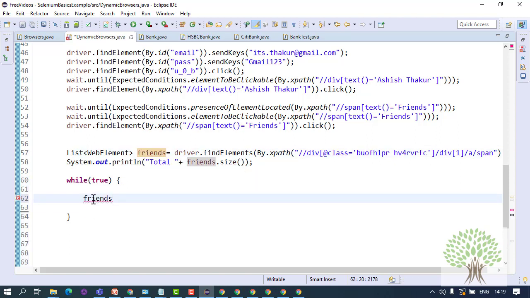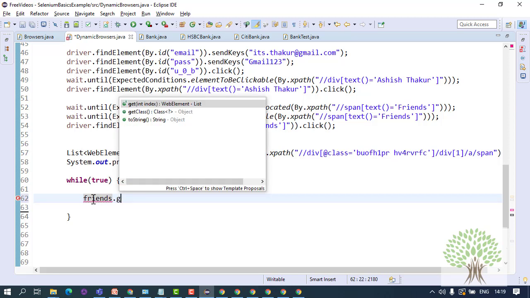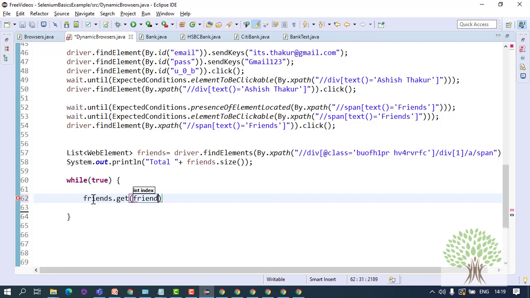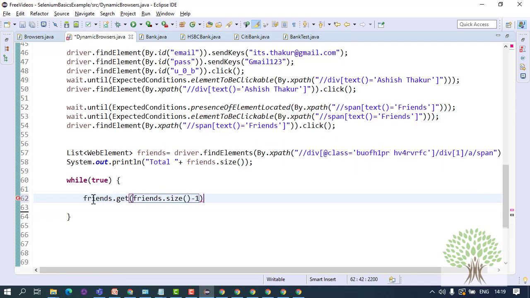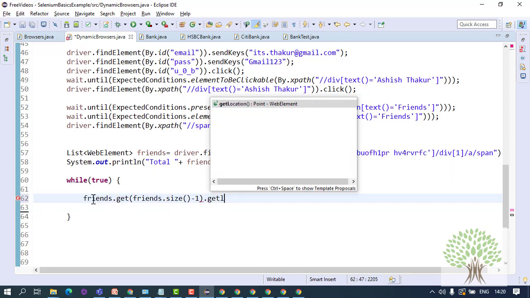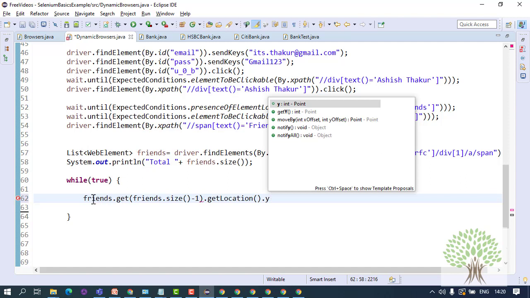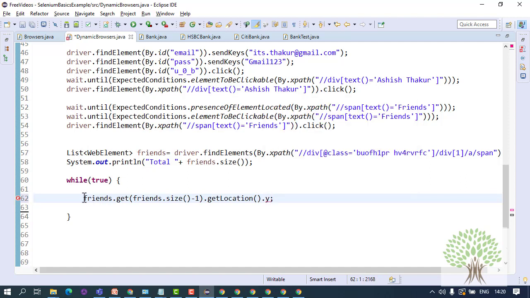You scroll down to the y coordinate of the last friend, so you get the last friend, that is total number of elements in this list, size minus 1. This will give you the last friend, and you get the location of that friend and get the y coordinate. So this is the y coordinate of the last friend to which you have to scroll down.